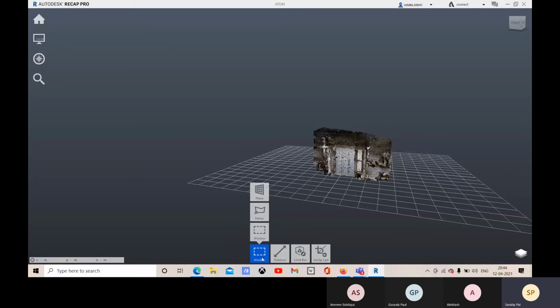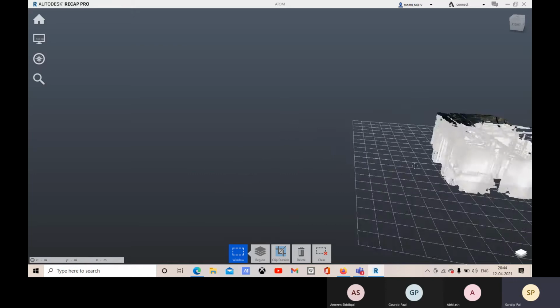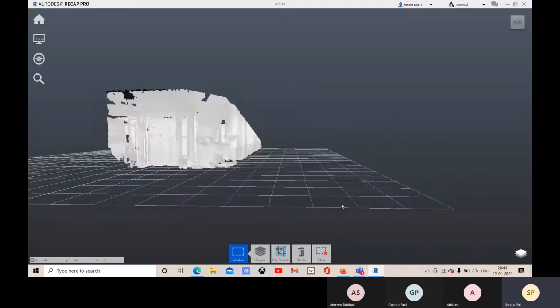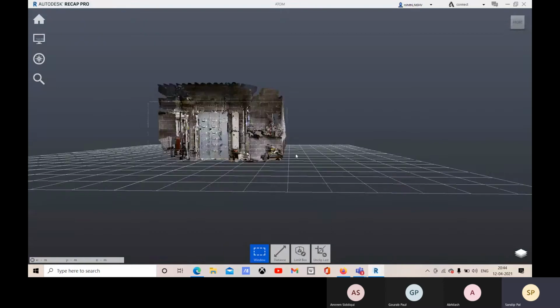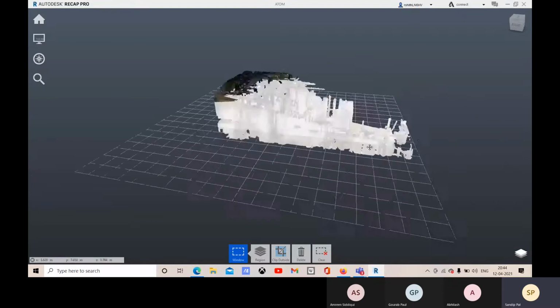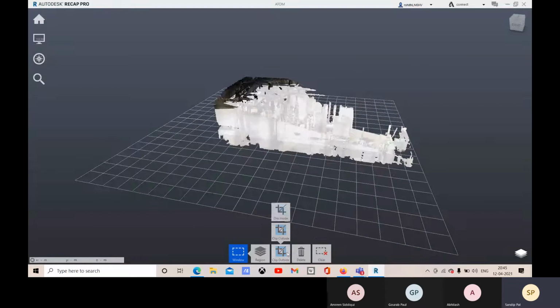Let me show you, if you go with the window option and draw like this, you may select these things also, all the other point clouds, other points. So you can go for this plane option, and you can also group them as a region.